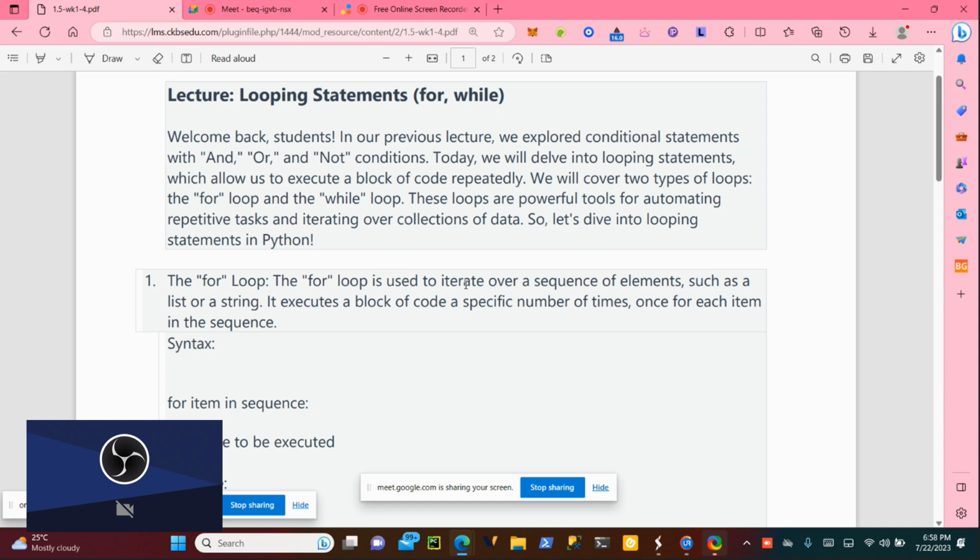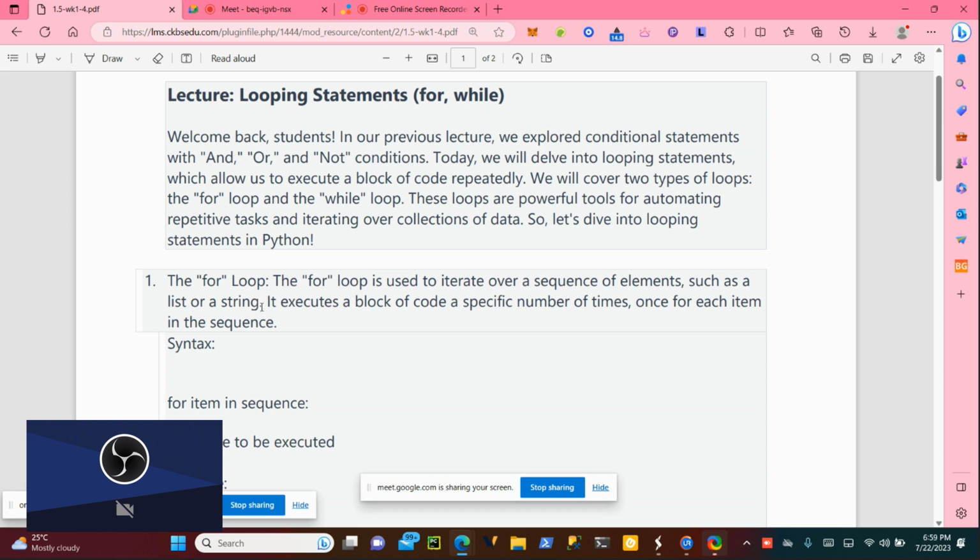So it just looks through the sequence. It goes through the first element, checks it and gives it to you, then goes to the next one and gives it to you. That is iterating. It's going step by step: you check one, and then you move to the second and check it. So the sequence of elements, if we are talking about elements, means items within what? A list or a string.